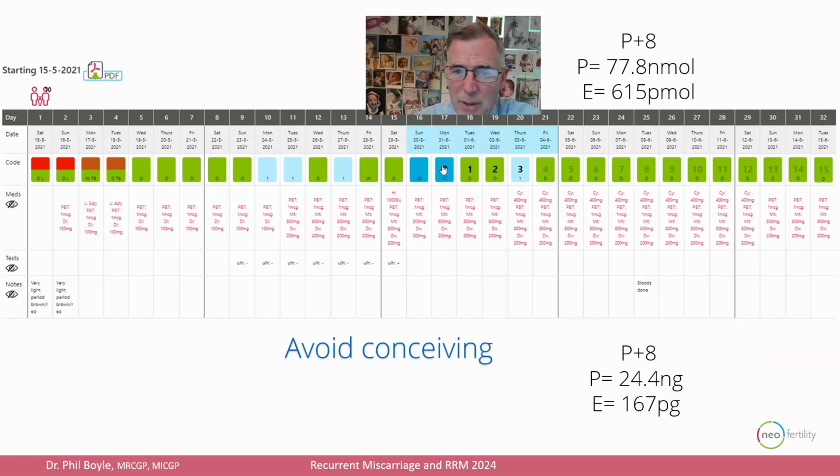But look, the mucus is improving, and often the antibiotics will do that. And my hope is in the next cycle, her brown bleeding will be gone. But now we're in the zone. Next cycle will be her third medicated cycle. We've done her 2 cycles of assess and of boosting and balancing. And after these 2 cycles of lead in, the next one, we've got the green light to conceive.